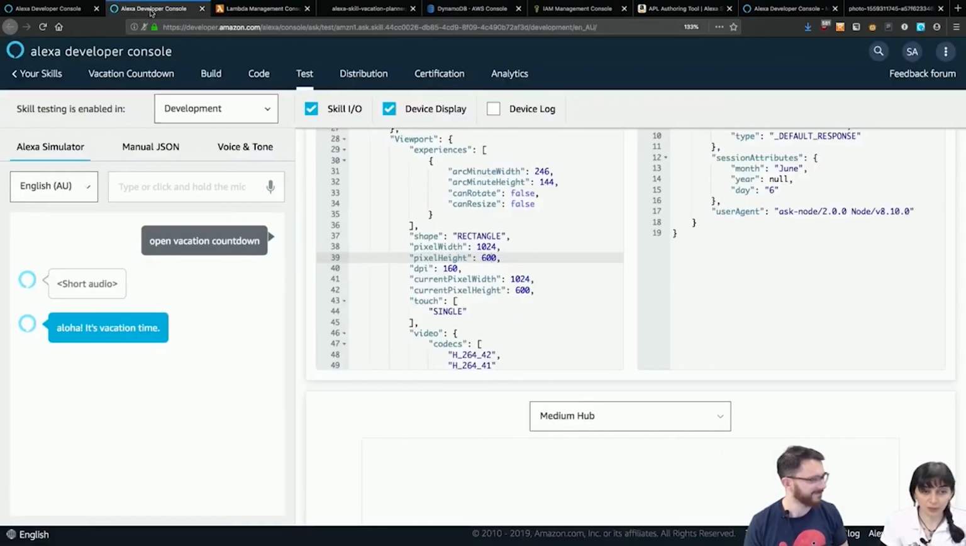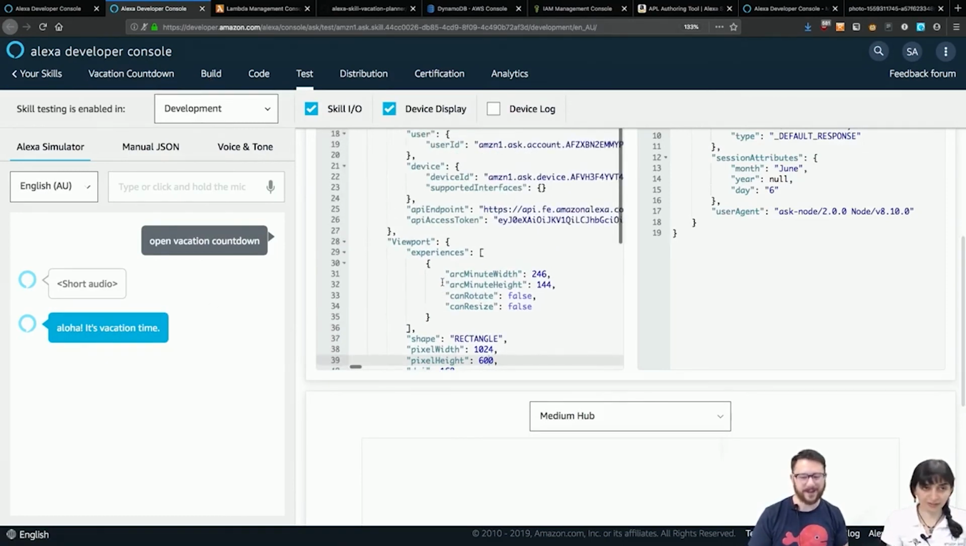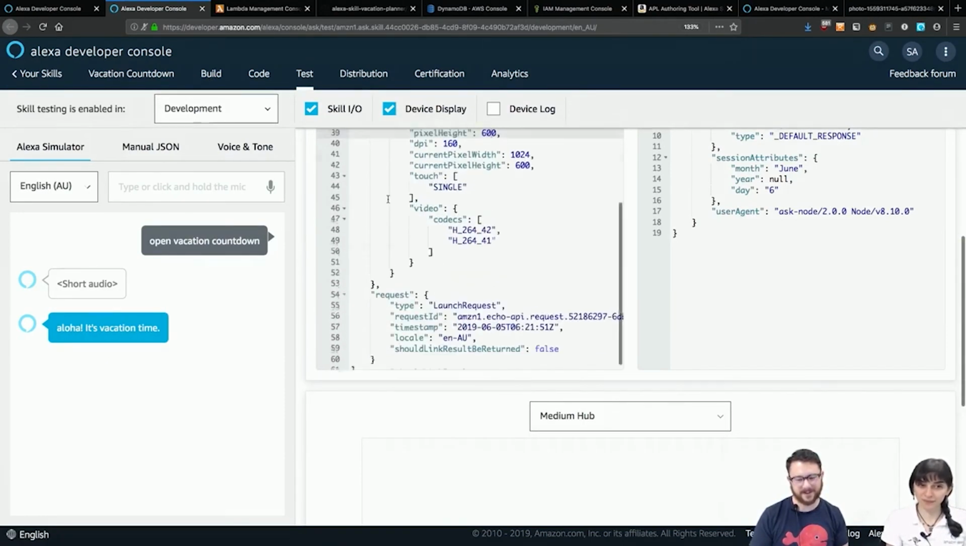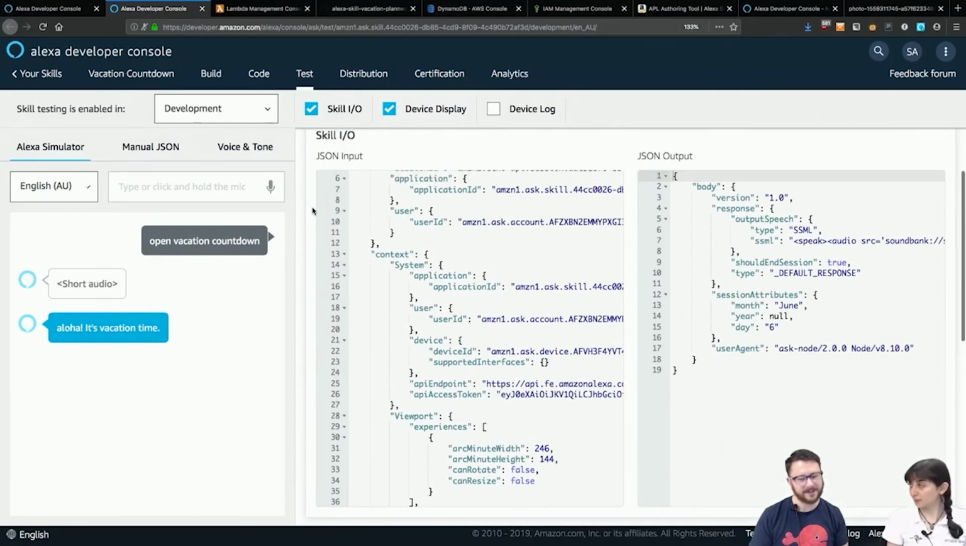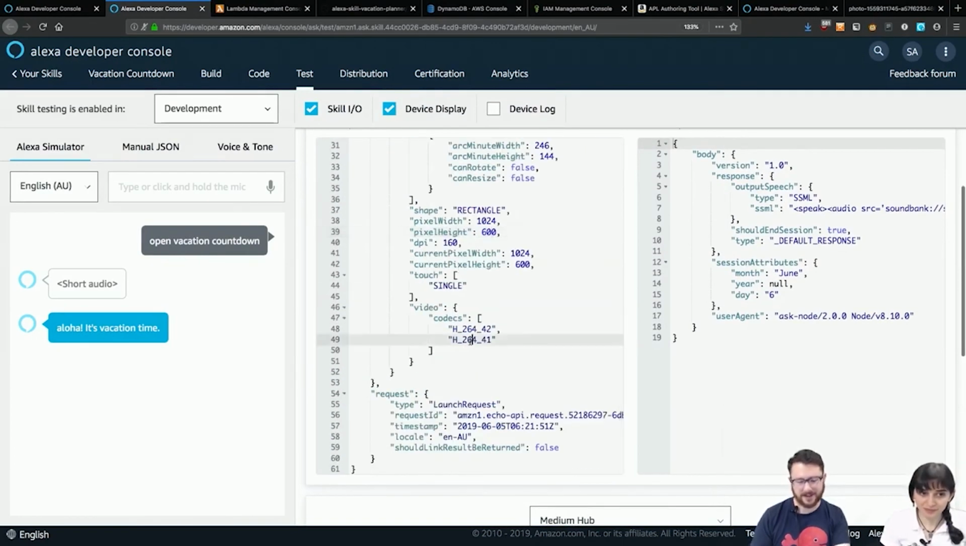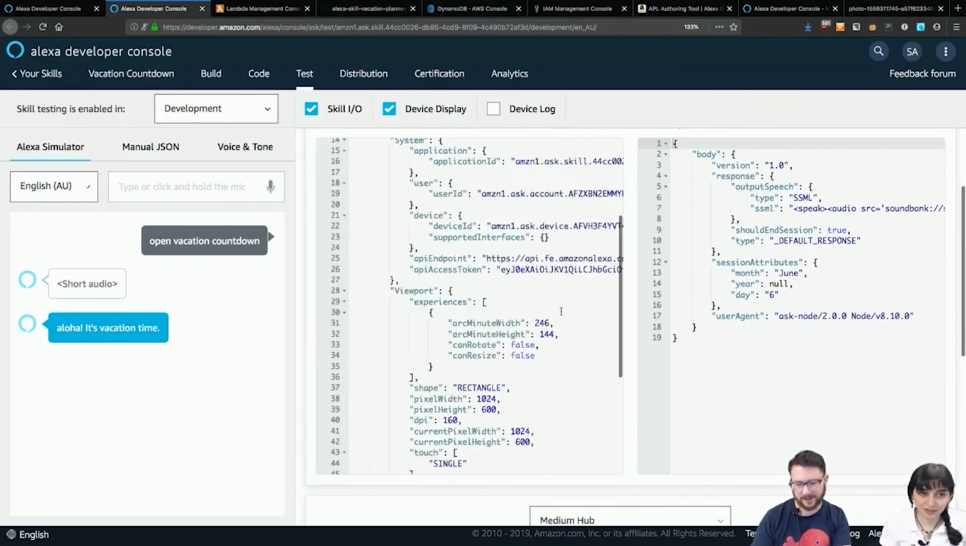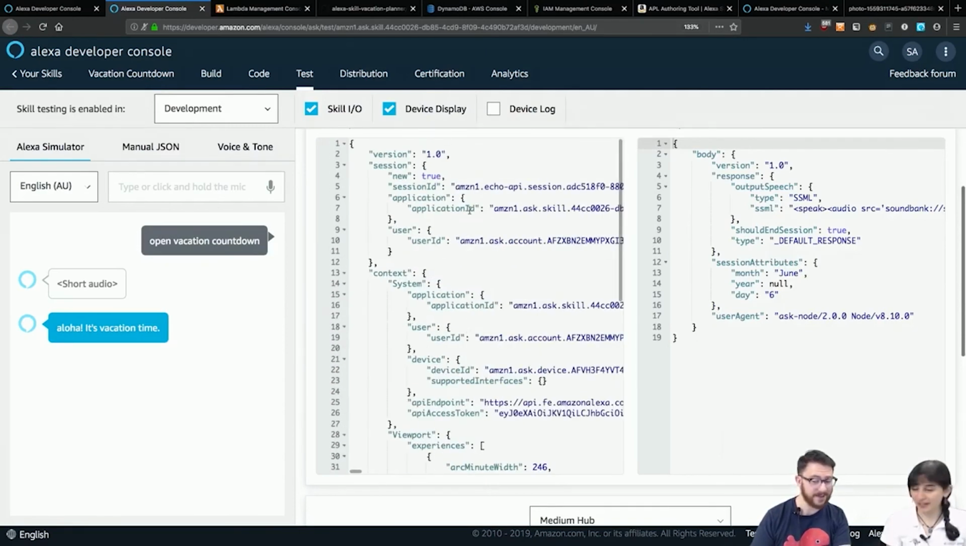There's one more step. Can you guess what it is? To enable display. Exactly. So go to build. Right now, we're checking if the skill can do APL, and right now the skill actually doesn't say anything about APL. Just take my word for it that there's no mention of APL in that. So if I go back to build,